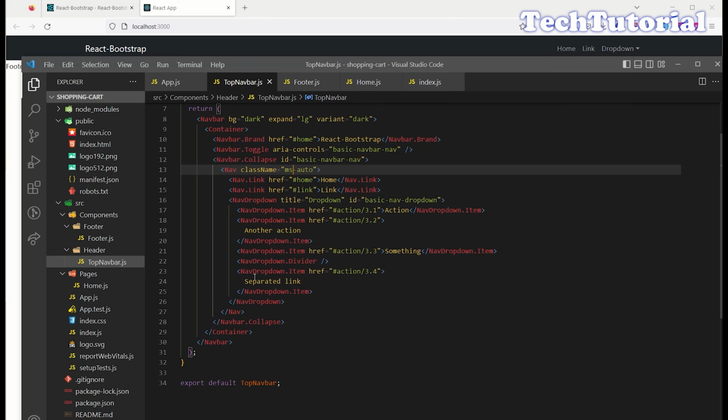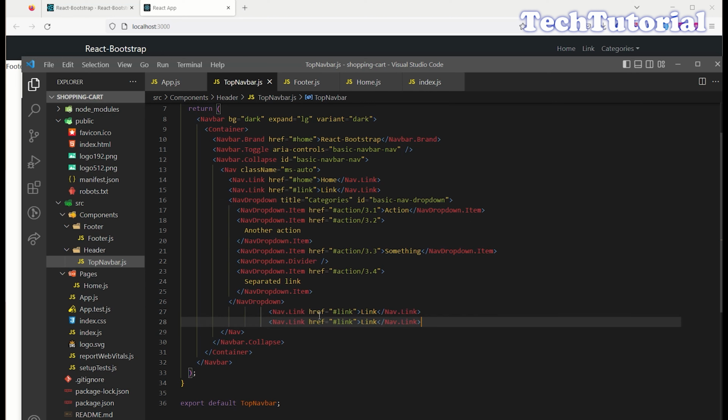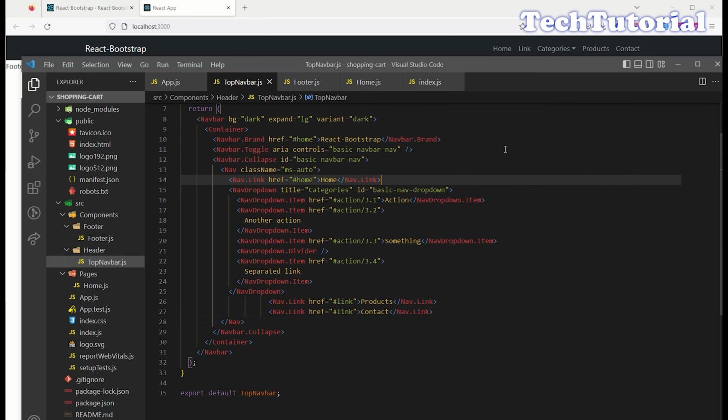And from the dropdown we have dropdown classes here, and here we can say title categories, two times. So first one is our product page, products, and second one is our contact page. Okay, so remove this from here and change our title to